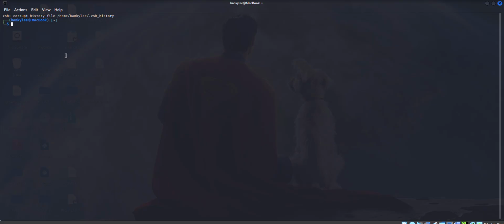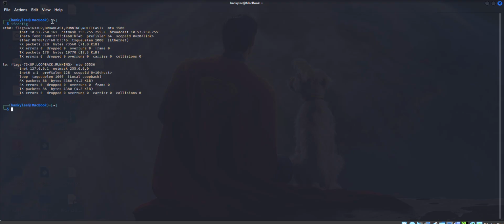So first thing to do is to try and scan the network that we're currently on to get the IP address of the Windows 7 machine. So here is how we are going to do it. To scan the network, first thing we need to do is to find out the IP address of our Kali Linux machine. And to do that is very easy. ifconfig. This is the IP address, 10.57.250.161. So what we're going to do now is scan the network with Nmap, and to do that,